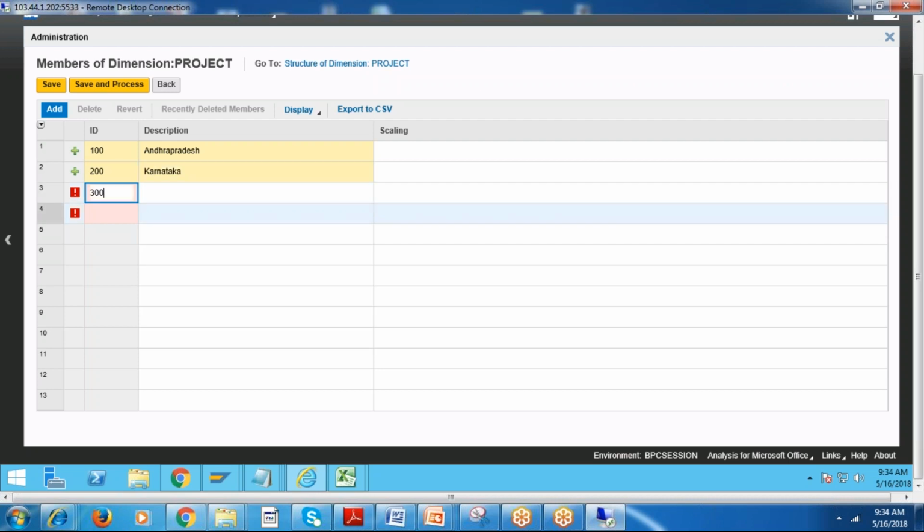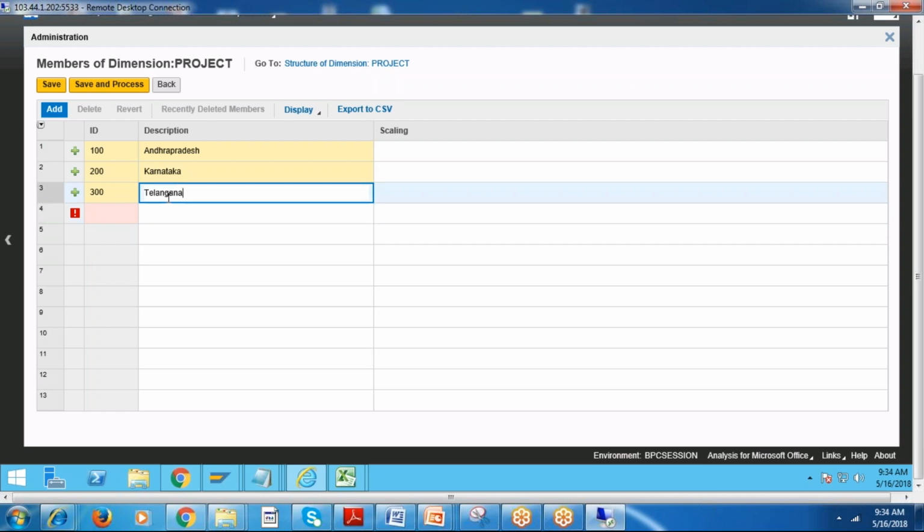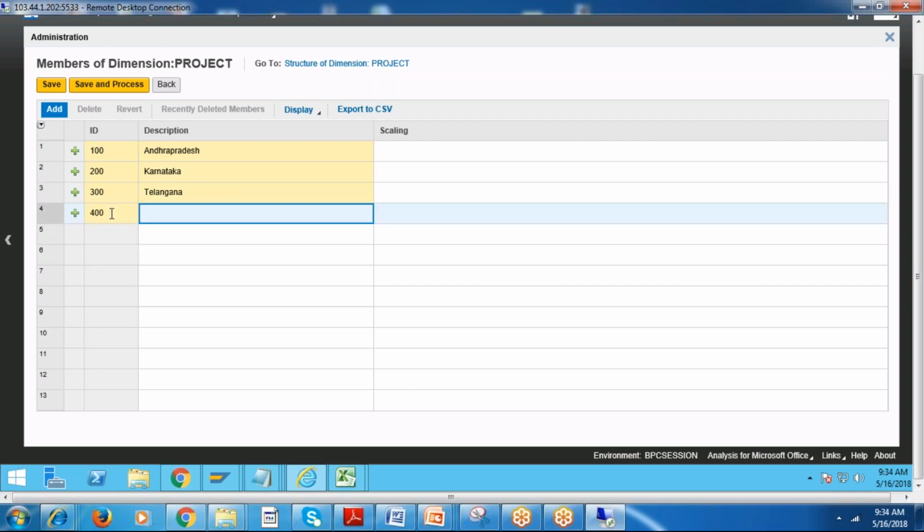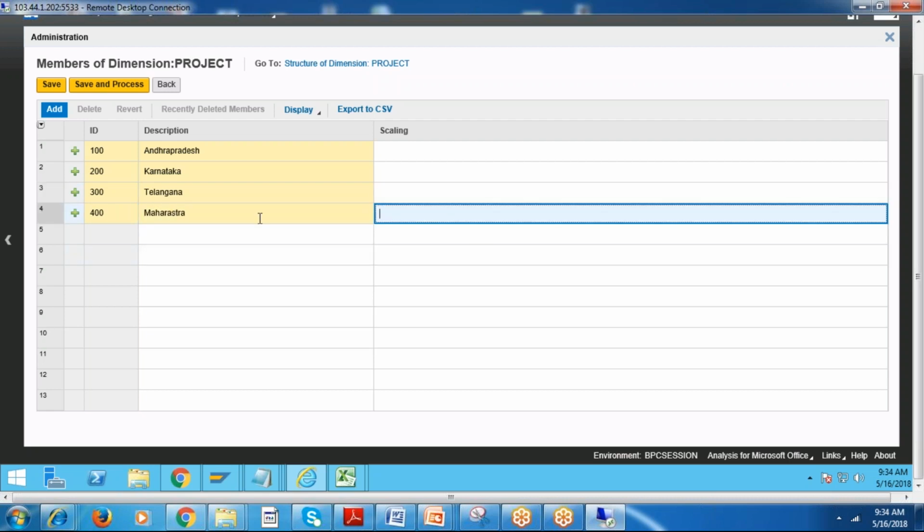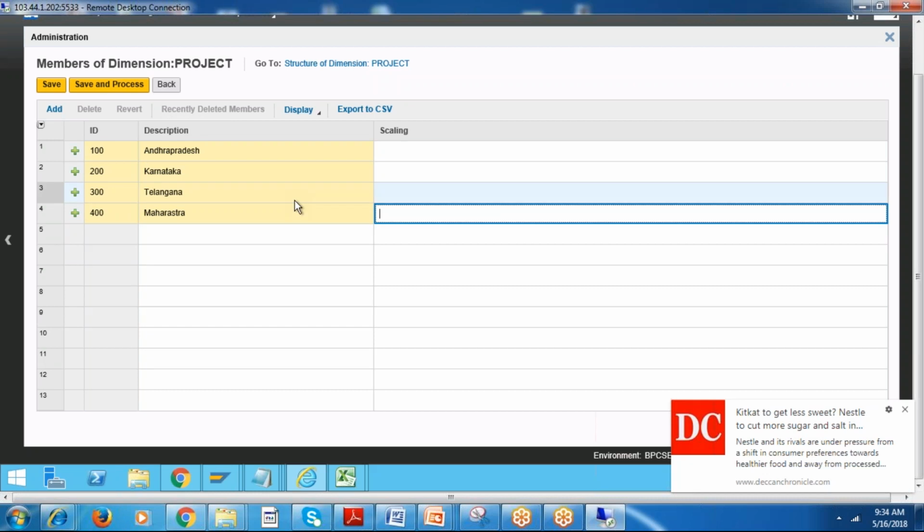Member 300 is Telangana. 400 is Maharashtra. Okay, so what are these? These are all members, dimension members in the project. Project is the dimension, and under this I am adding the members.